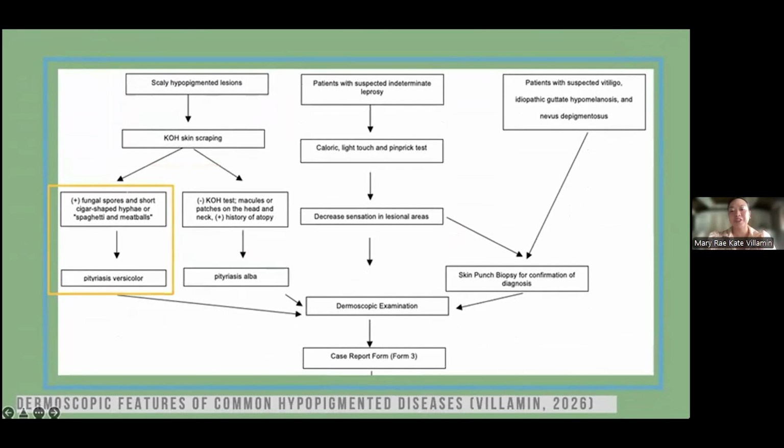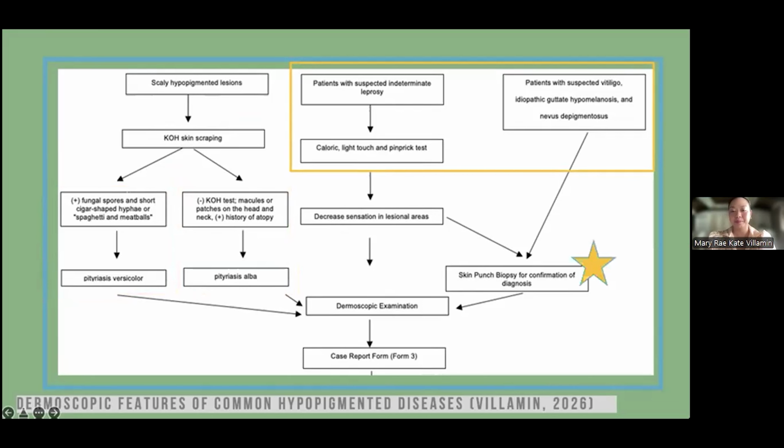A diagnosis of pityriasis versicolor was confirmed upon identifying characteristic fungal elements showing the typical spaghetti and meatball appearance. Pityriasis alba was diagnosed clinically in patients presenting with hypopigmented macules and patches on the head and neck, a negative KOH result, and a history of atopy. Indeterminate leprosy was suspected in patients with hypopigmented macules and patches accompanied by altered sensation. Sensory testing, including light touch, pinprick, and temperature assessment, was performed on both lesional and non-lesional skin to evaluate